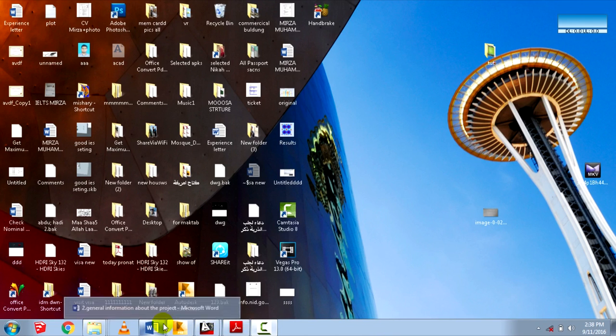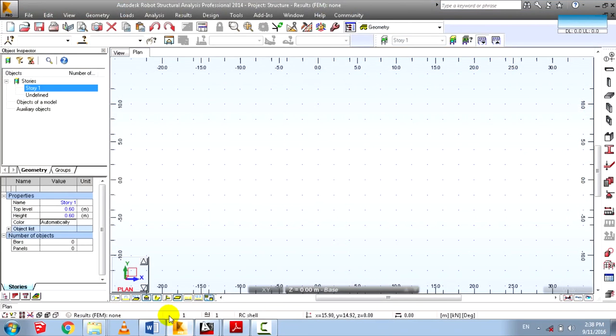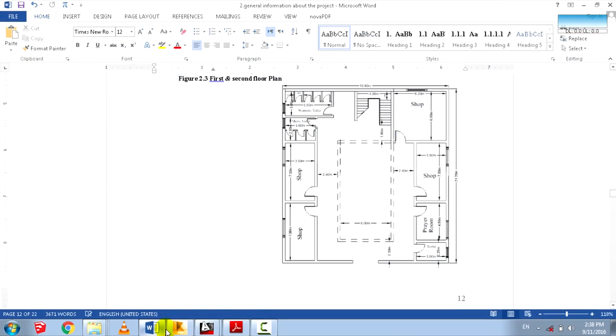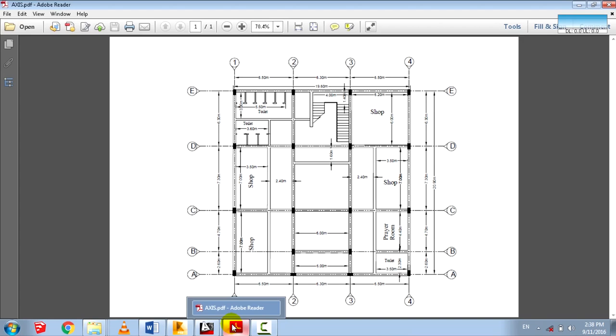The first thing we should know is that we cannot just get into the program and start analyzing. We should know the things about the design. It's actually civil engineering, so we should firstly know the architectural plan of our building. This is a three-story reinforced concrete commercial building, which is a very simple model. We can see here it is divided into